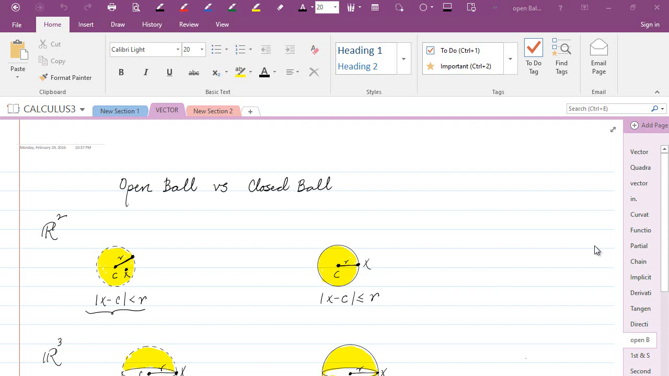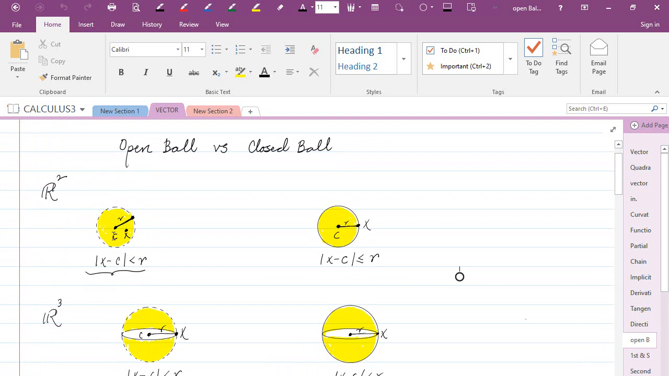Welcome back. I want to talk about a couple of topological concepts that we're going to be using. First of all, let me define what we call open ball and closed ball. So in R2